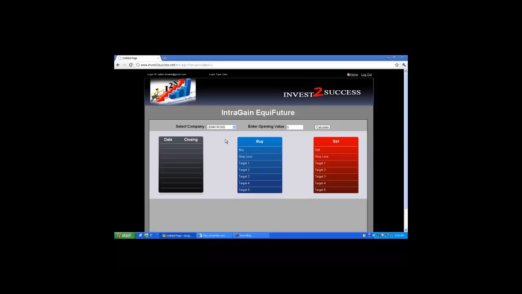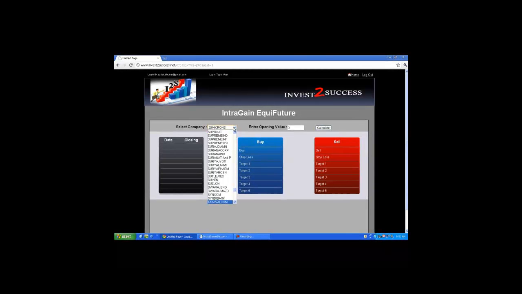First, you need to select the company which you wish to analyze. For instance, we need to analyze Tata Motors. So we will select Tata Motors from the drop down button. A total of 1400 stocks in the equity market segment are present in the IntraGain Equifuture software in alphabetical order. After selecting the Tata Motors script,